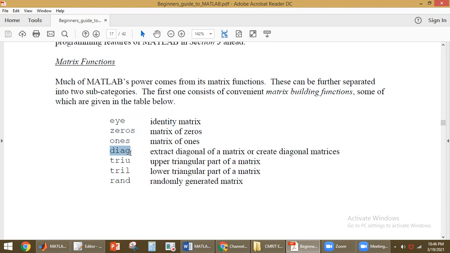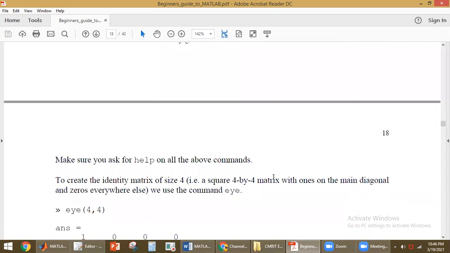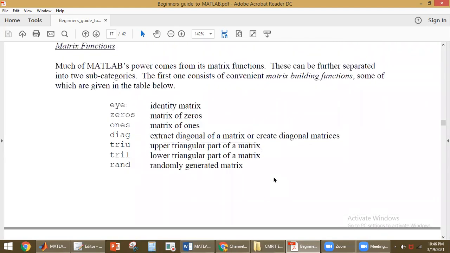Diag lets us extract the diagonal elements, or create a matrix with the given diagonal elements. Triu will give you the upper triangular part of a matrix, tril gives us the lower triangular part of a matrix, and rand gives the randomly generated matrix. Now we'll see the applications of these in MATLAB.